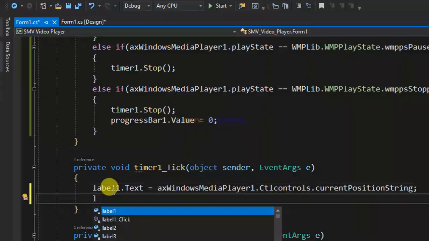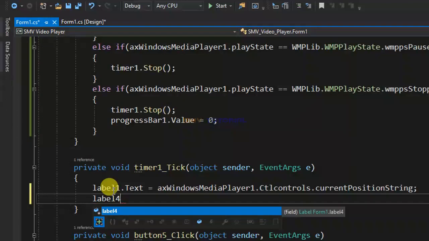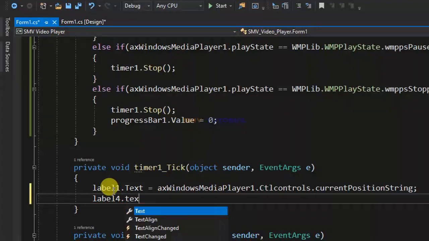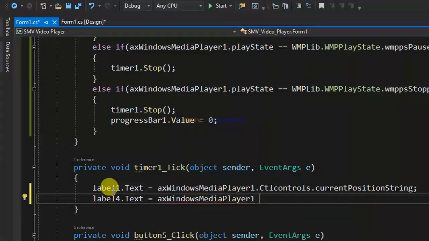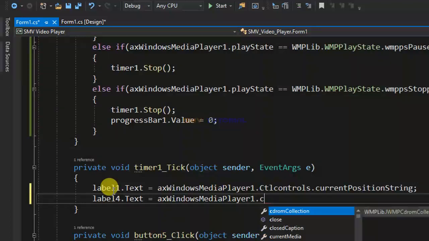Next label4 dot Text equals AxWindowsMediaPlayer dot currentItem